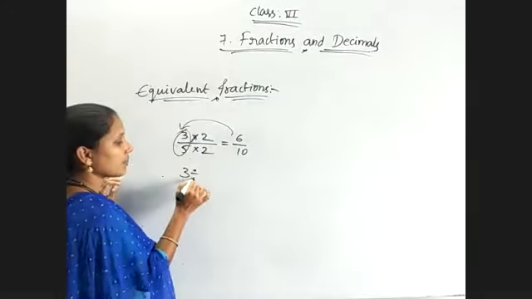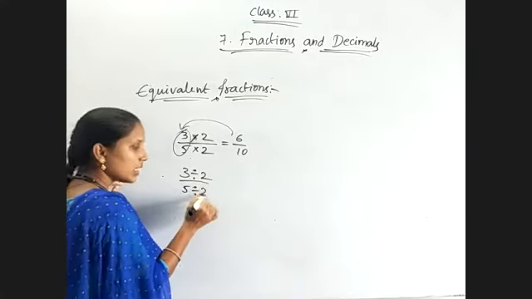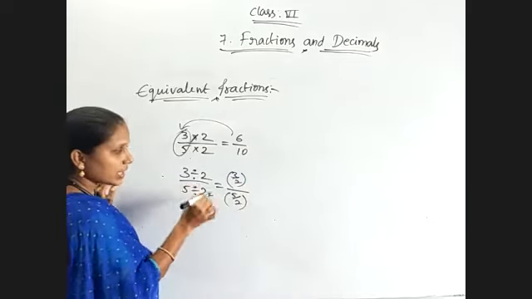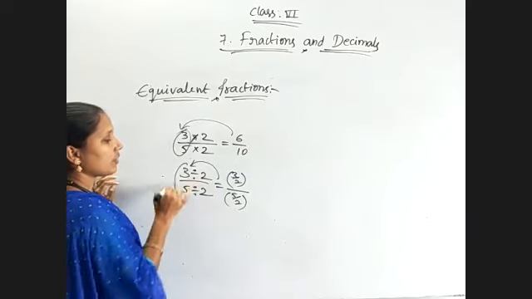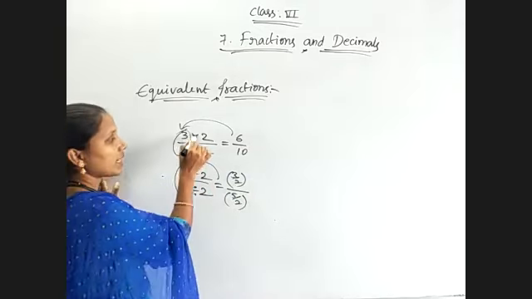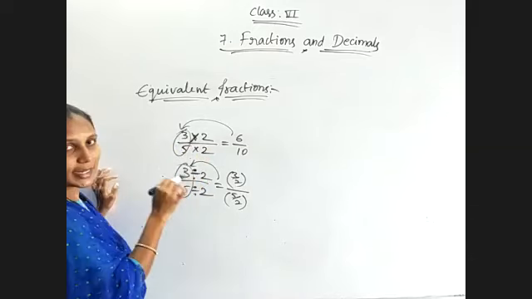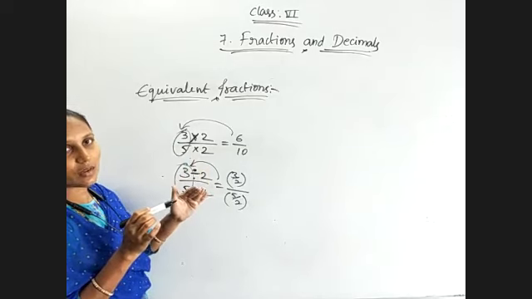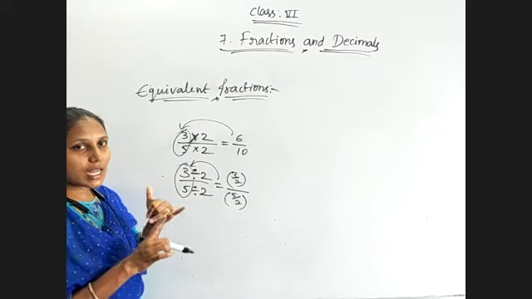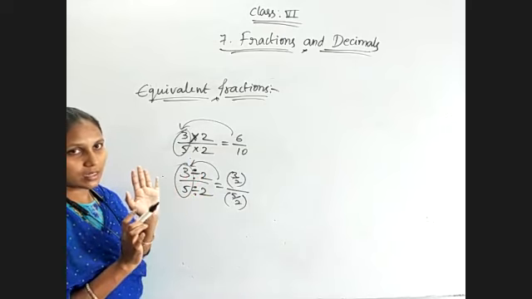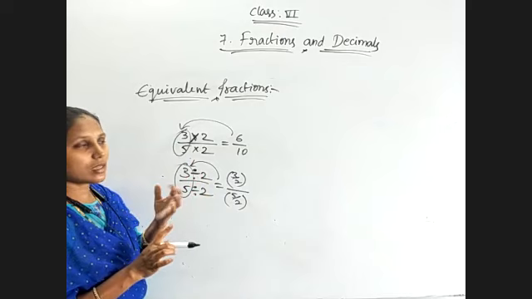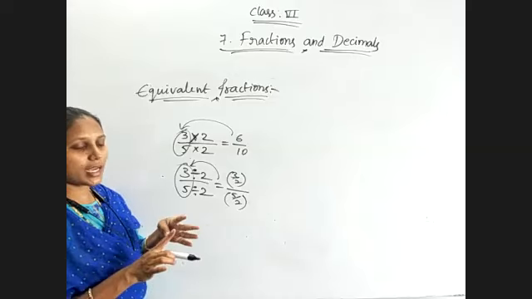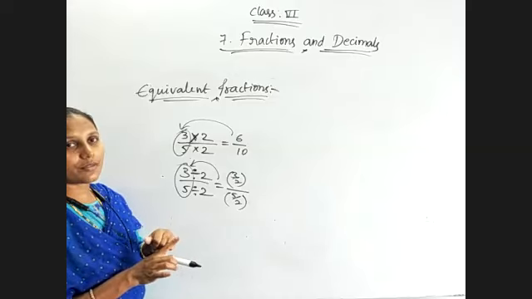If you are dividing by 2, 3 by 2 divided by 5 by 2, we will get 3 by 2 in the numerator and 5 by 2 in the denominator. Even this one is also an equivalent fraction of 3 by 5. Means if you are multiplying or dividing the numerator and denominator with the same number, then we will get its equivalent fractions. And where are we using these equivalent fractions? To convert unlike fractions to like fractions. That's it. And why are we converting? For comparing, means to write the fractions in ascending or descending order, and for addition and subtraction, we need equivalent fractions.